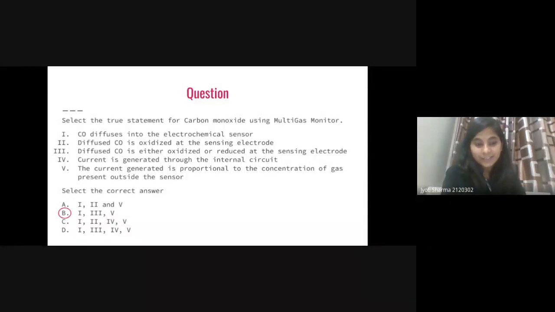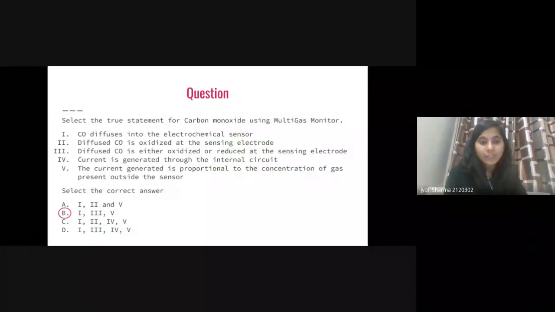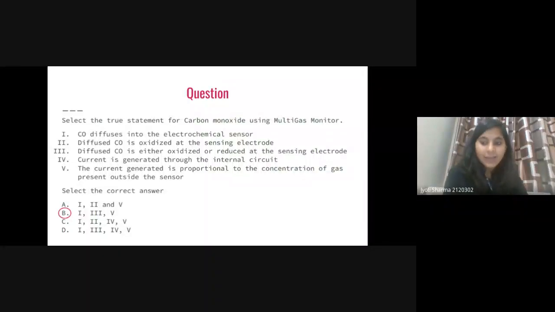Okay, so answer is B. Yes, Nishant, answer is B. Why is it B? It is true that CO will be diffused into the electrochemical sensor, and among electrochemical sensors